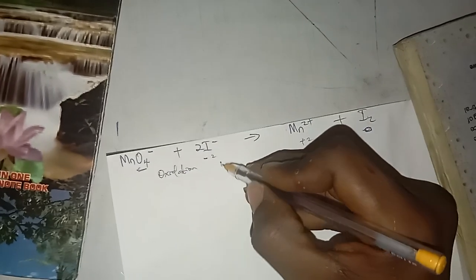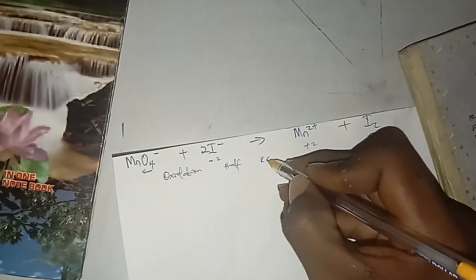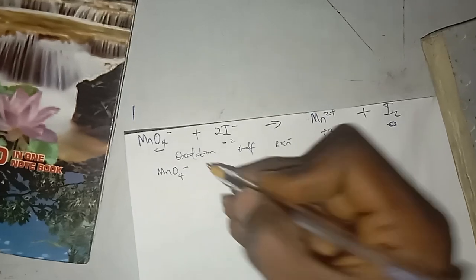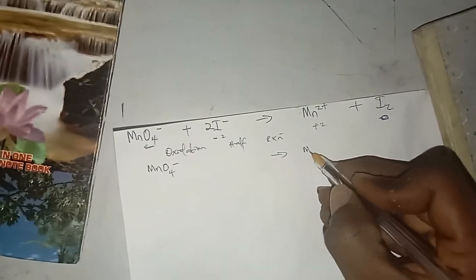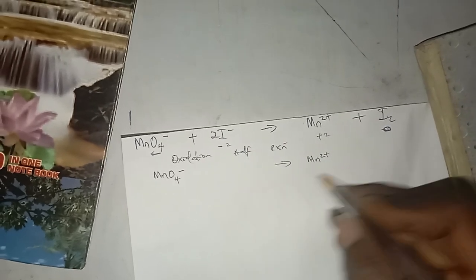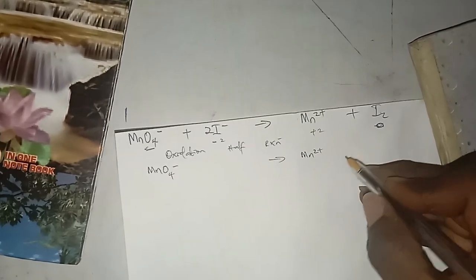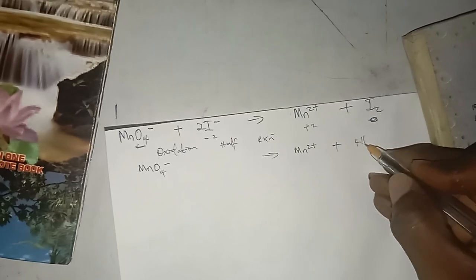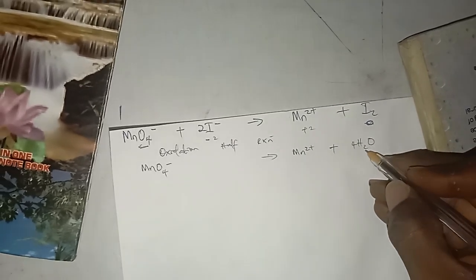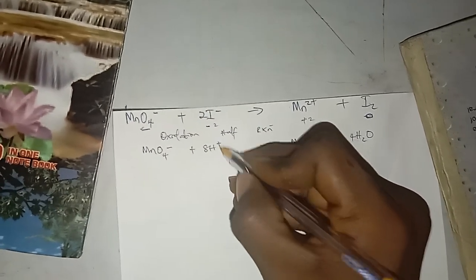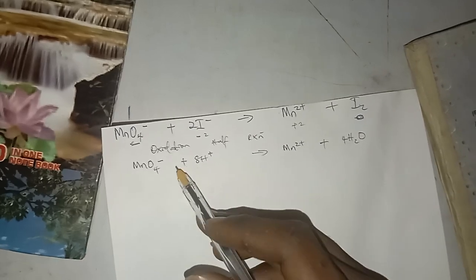separating into oxidation half reaction. This time, because MnO4 minus goes to Mn2 plus, there's a rule that says add water to the part with less or no oxygen. So I'll add 4H2O. Now notice that the minute I add it, I've introduced hydrogen, so we add H plus. The next thing is to balance the charges. But before I balance charges,